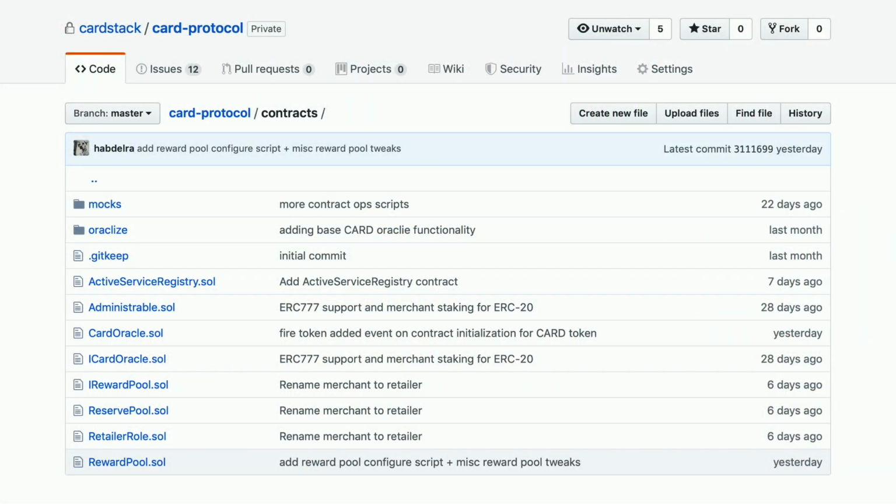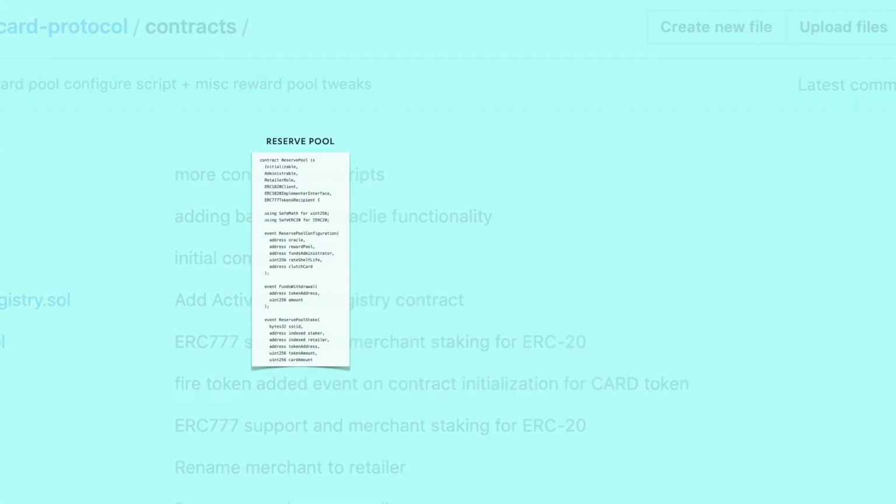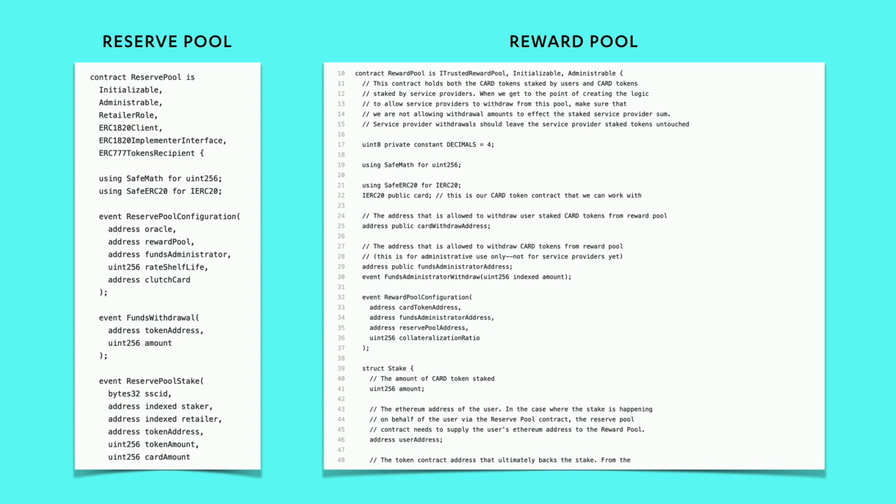So you can see here we have the reward pool, the reserve pool, the oracle, and the active service registry, which records which customer and which service provider have a relationship, and that can be canceled from both sides. The reserve pool and reward pool are essentially smart contracts that lock these things together and provide capability. The reserve pool is mostly about how much other token you're putting in. It's kind of a multi-sig wallet. The reward pool is denominated in the Card token, and any reserve that is deposited will create the corresponding reward pool. The withdrawal and the payout come from the reward pool.